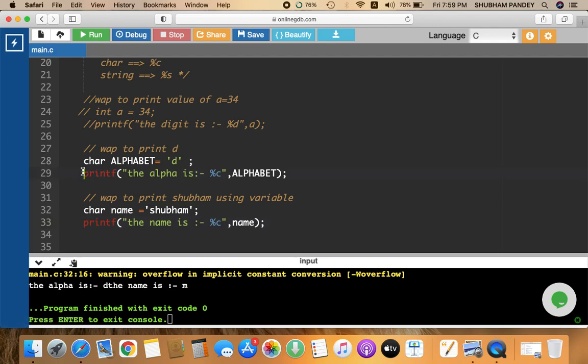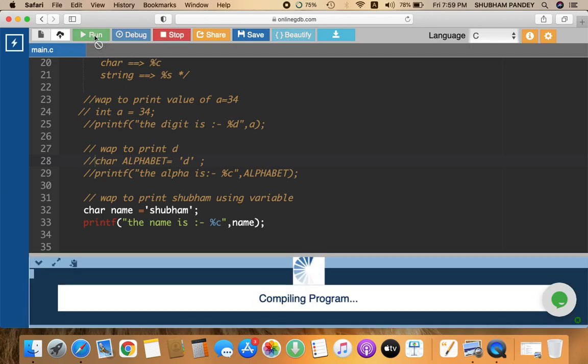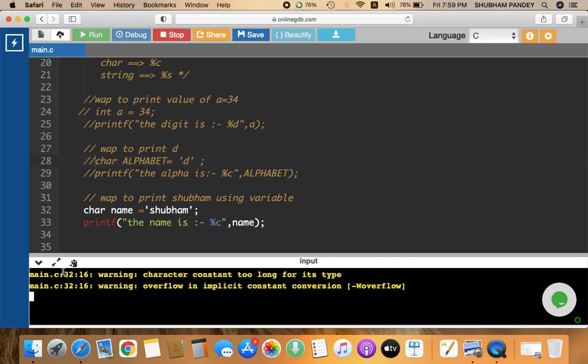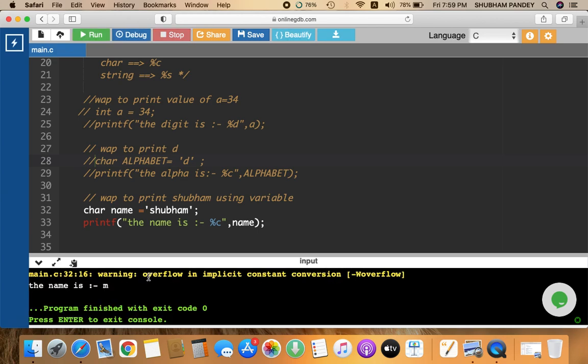Actually, this I have to comment out, or it is also printed, that's why you are not able to see the correct error. Now if I run this, you are going to see the correct error. So what warning is it giving you? Warning, overflow in implicit constant conversion. Do you understand? It is going to print the last statement for you, that is yum, but with a warning,